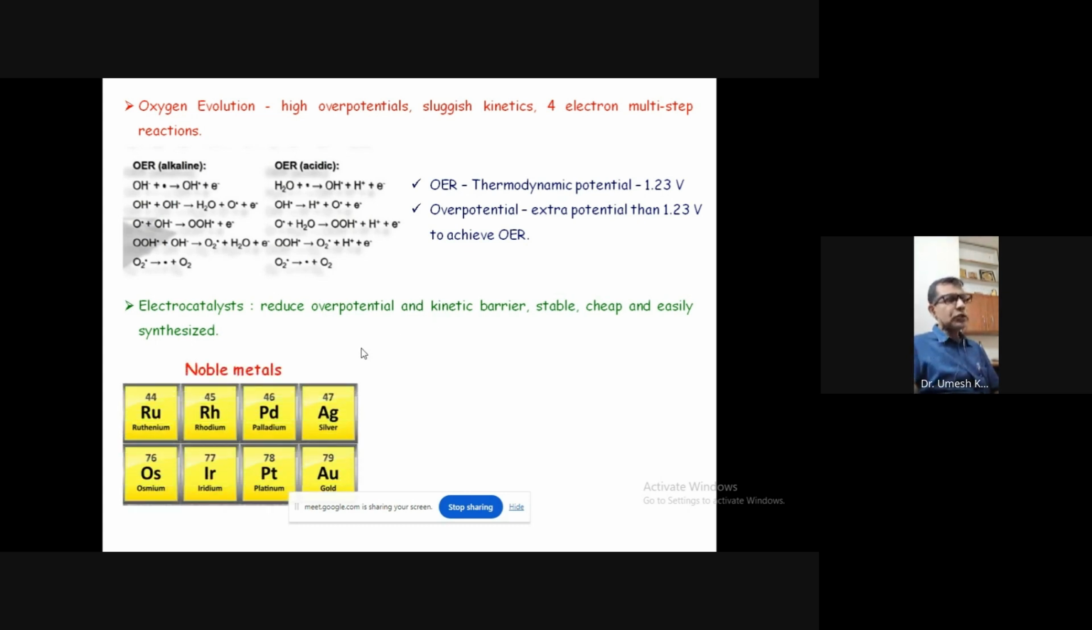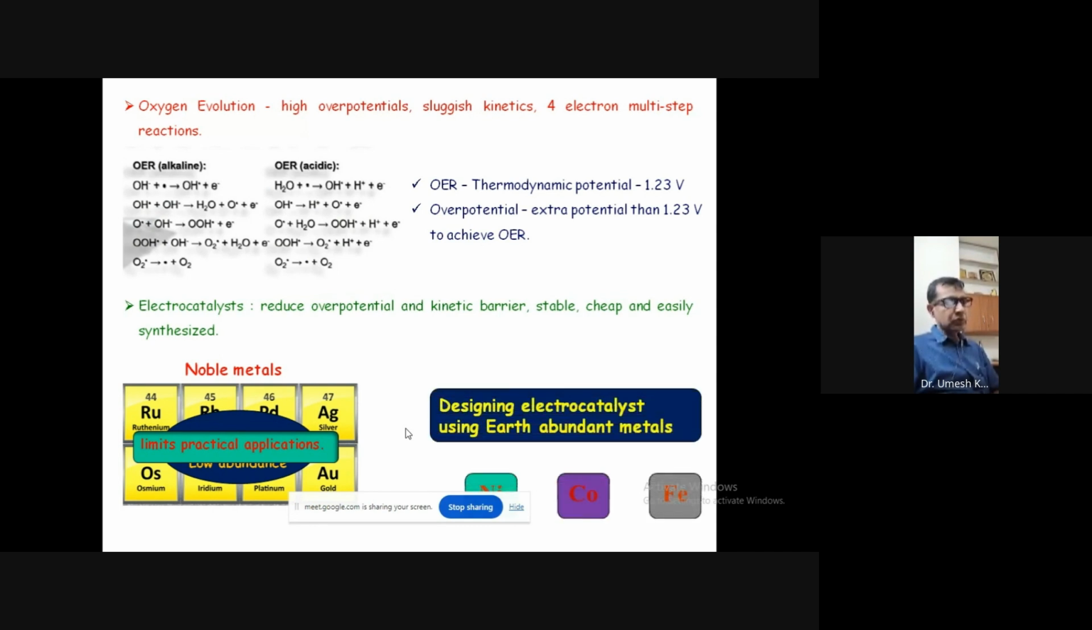So people are generally using noble metal-based electrocatalysts for this purpose. We all know these metals have been used as noble metal catalysts. But they have very high cost and low abundance, which limits the practical implications of these catalysts. So nowadays people are starting to design electrocatalysts using earth-abundant metals, that is nickel, cobalt, and